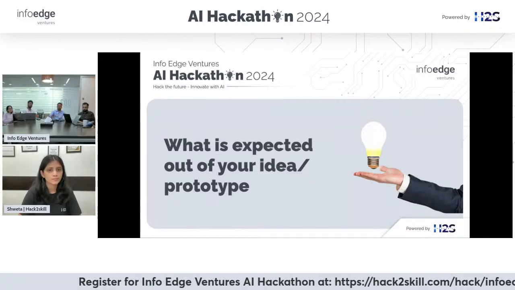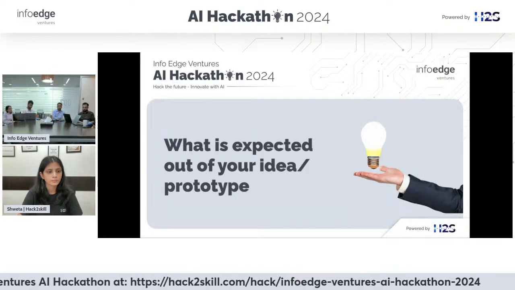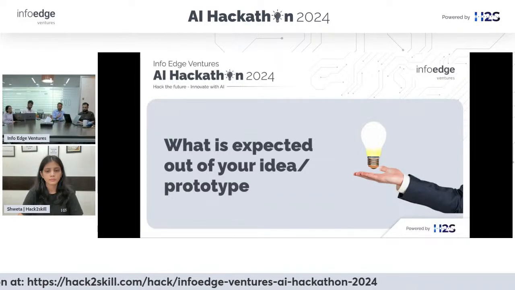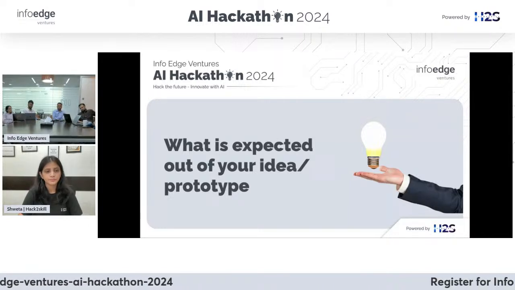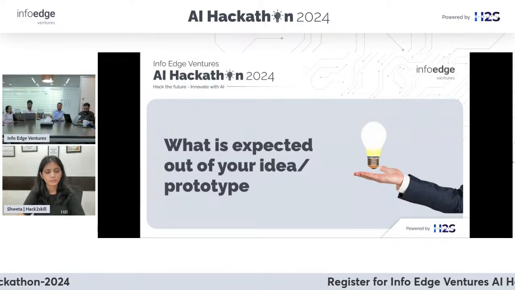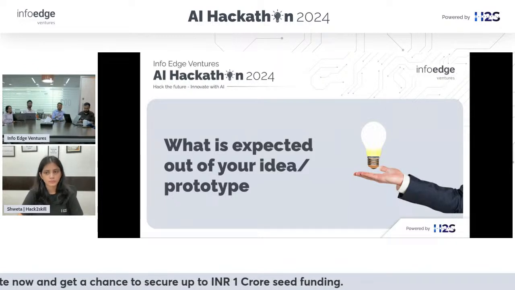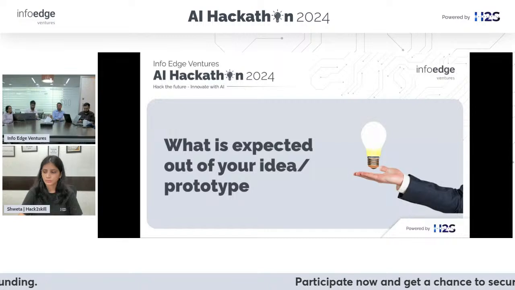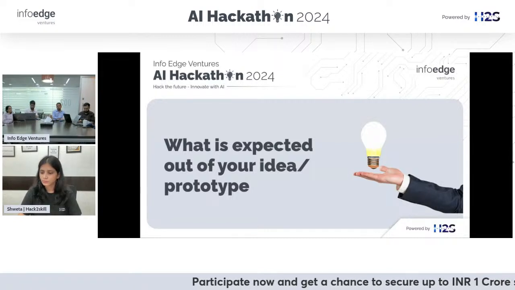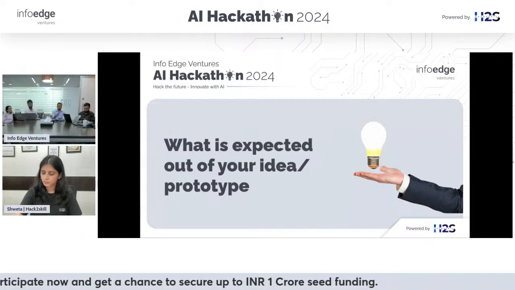And from a sector perspective within AI, Ankit will speak more about it. There are 3 or 4 broad areas that have been mentioned on the slide, but of course, we would ask you to keep a very open mind. You could think of any space: agri-tech, EV, e-commerce, software, B2C, B2B, and any business model in which AI could be used to solve a real problem. It could be centered toward India, it could be a global problem. So we are quite open, and I would urge everyone to also be very open when they think about problem statements and customers that they would want to solve for.